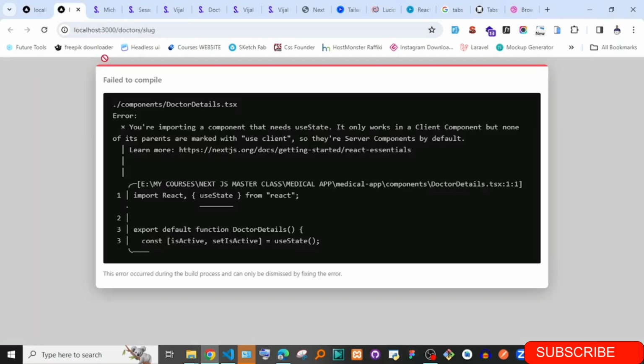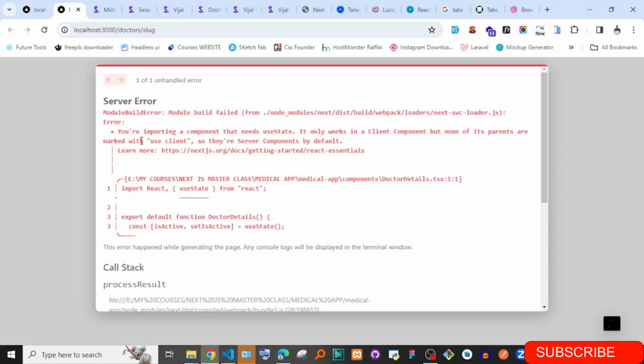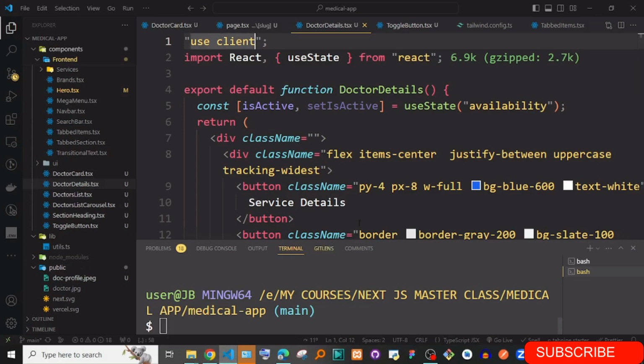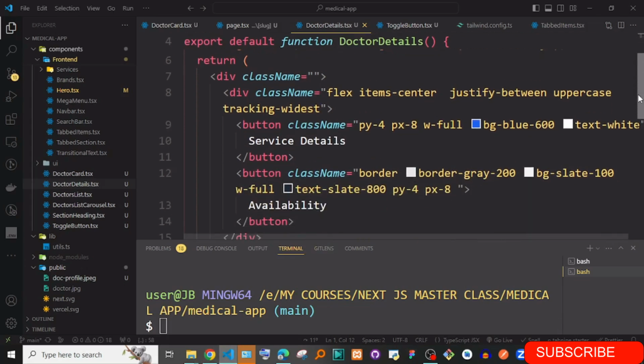Okay, so just go here, use client error. Okay, so now you can see the availability details component, and the active should be now on this. Okay, so the active should be on this. So how do we do that? So we can just say